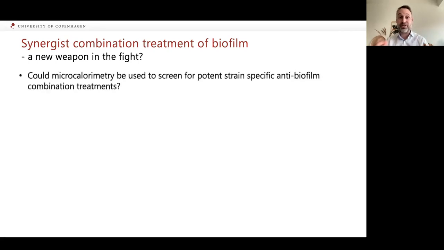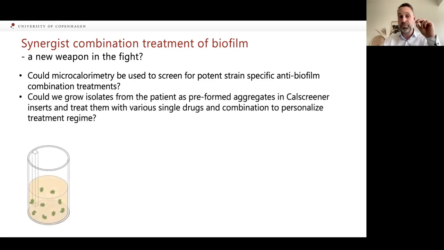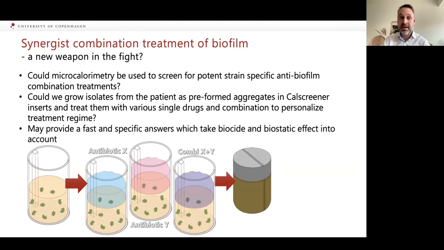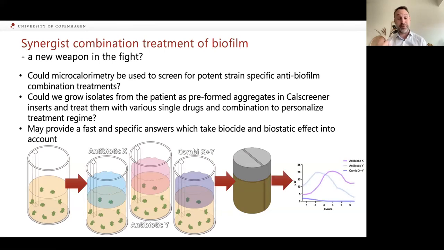How about if we took patient samples from a cystic fibrosis patient and grew bacteria in these inserts in an agar gel as aggregates? Then we could use the calScreener to scan for combination treatments that would be potent towards this specific strain. This would, in theory, if it worked, give us a personalized medicine treatment,